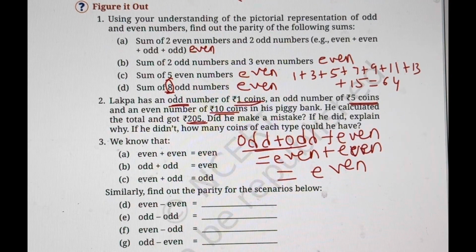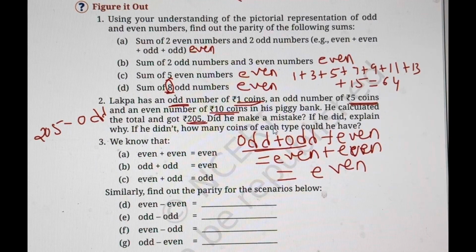And what is he saying? That he calculated it to 205. Now 205 is an odd number. So whatever is the case, he did some mistake and he is wrong, right? So this is one way of understanding. Without doing any calculation or taking any example, you can just establish the parity first, that odd plus even will give you an even answer. So probably his answer is wrong for sure, right?